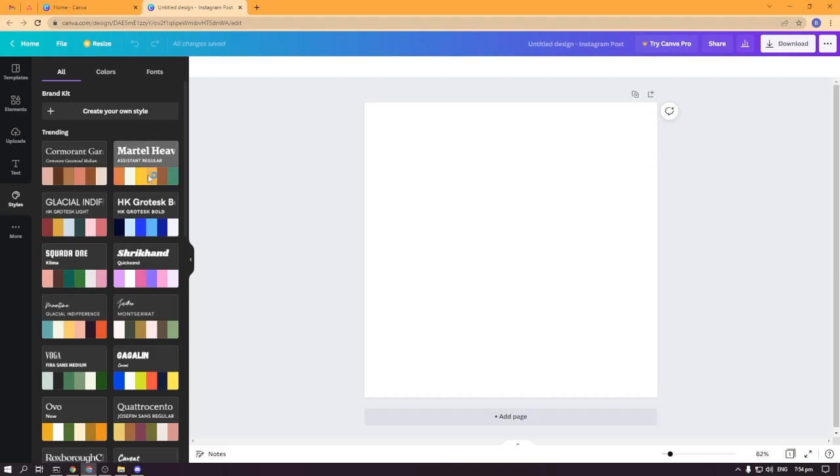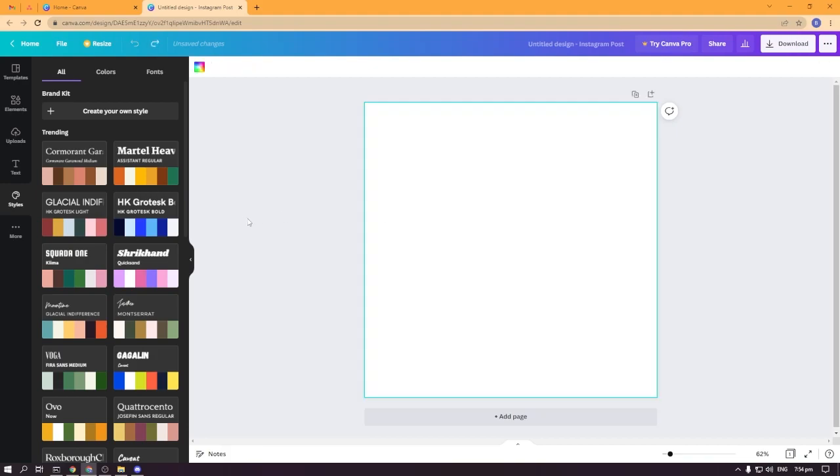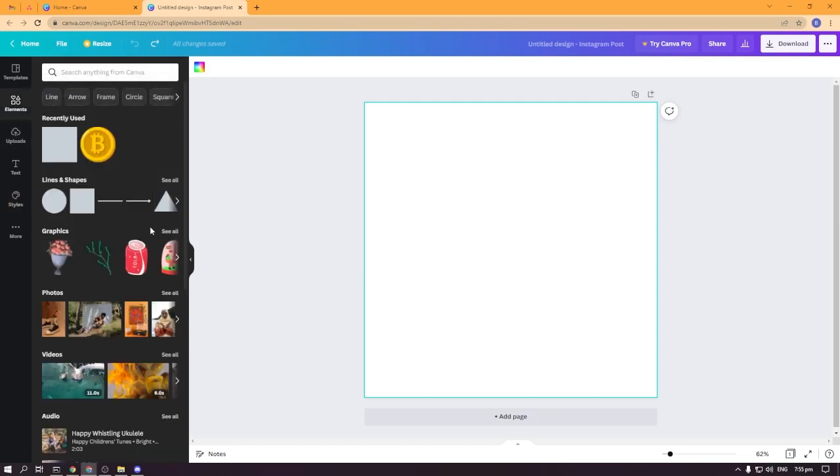Like they have the Marshall Heavy. You can click that and it will just automatically pop out on your canvas, and that will be a very huge help as well. But for today I'll be showing you guys how you can create your own NFT here on Canva. So what I want to do is go to this element,